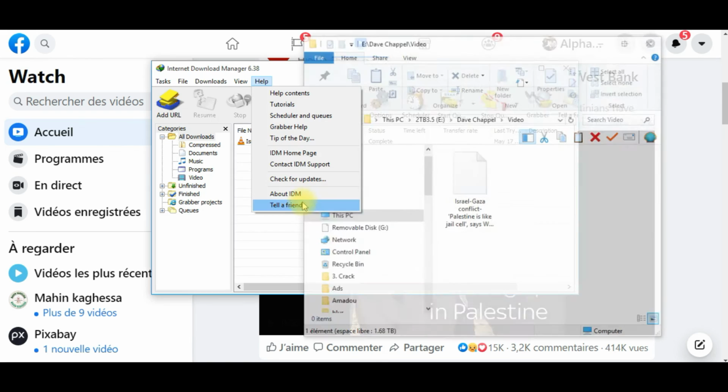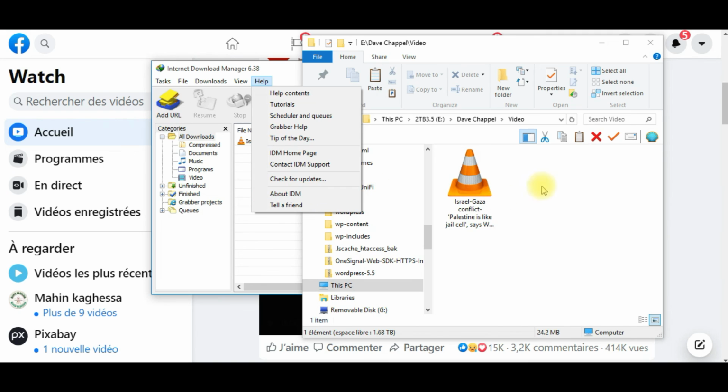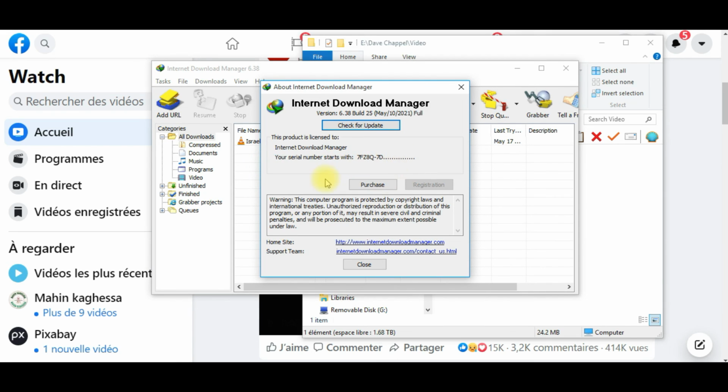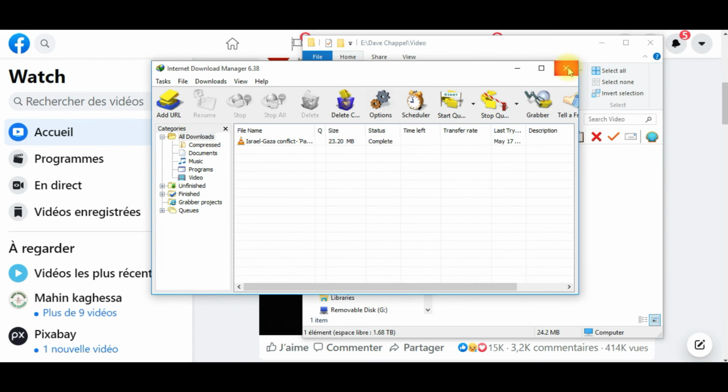Okay, let's see. You see, this is the download. If I say about, as you can see here, it has been activated. You can see version full. Okay, so this is how you download and activate